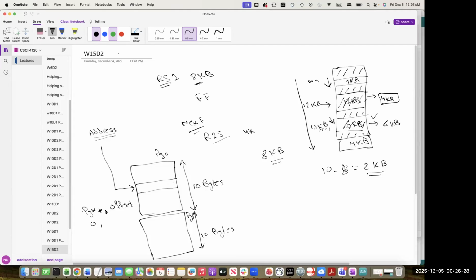So if it is the first byte in the page, the offset is 0, right? If the next byte, the offset is 1. If the next byte, like the third byte, the offset is 2. So let's say this is our required byte. So the offset will be 2. So in order to access a memory location or a byte within a page, we need two pieces of information: the page number and the offset within the page